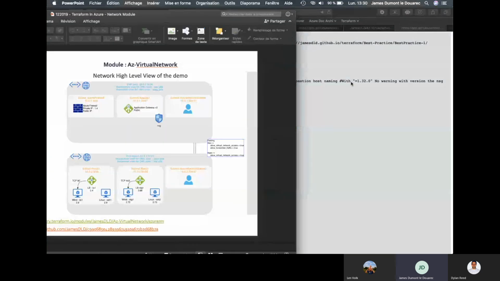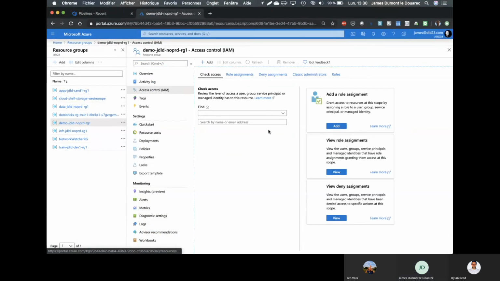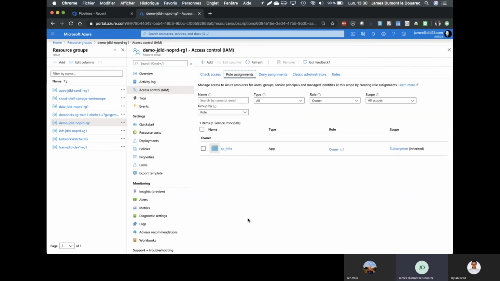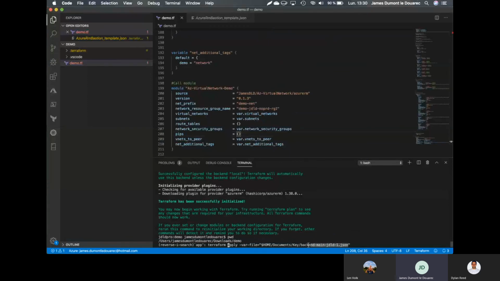If we check here, on the Access Control (IAM) panel, on the role assignments, you can see that this service principal has been set as owner of my demo subscription. So we will use this account to create our resources. Its IDs are located in the JSON. So let's execute the terraform apply command.